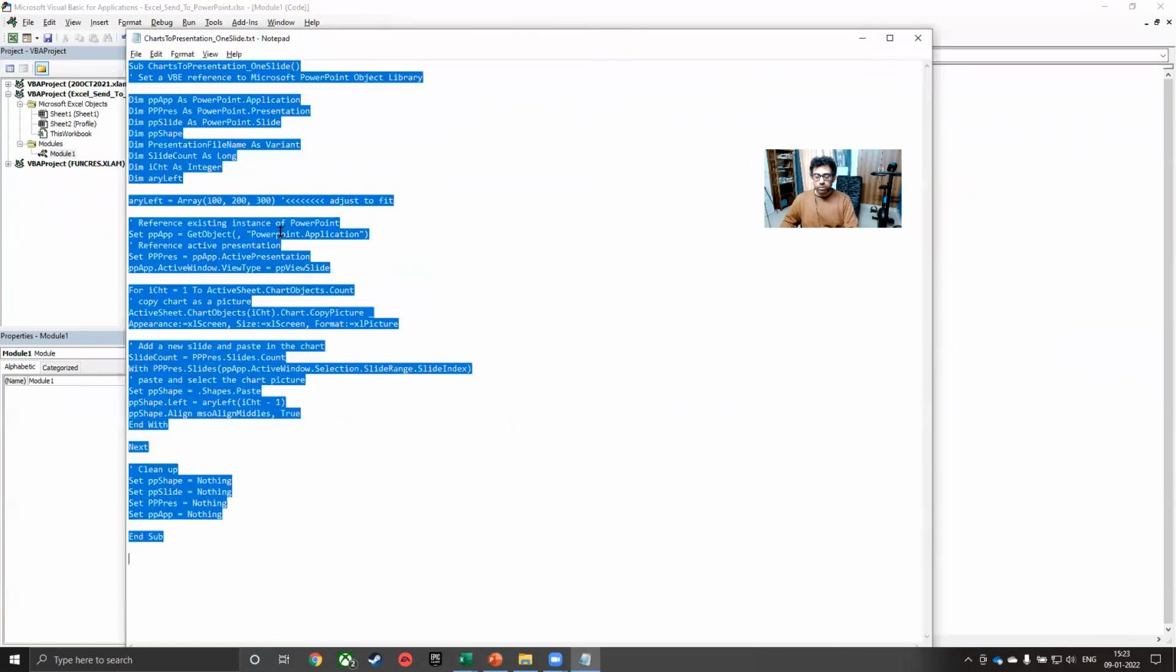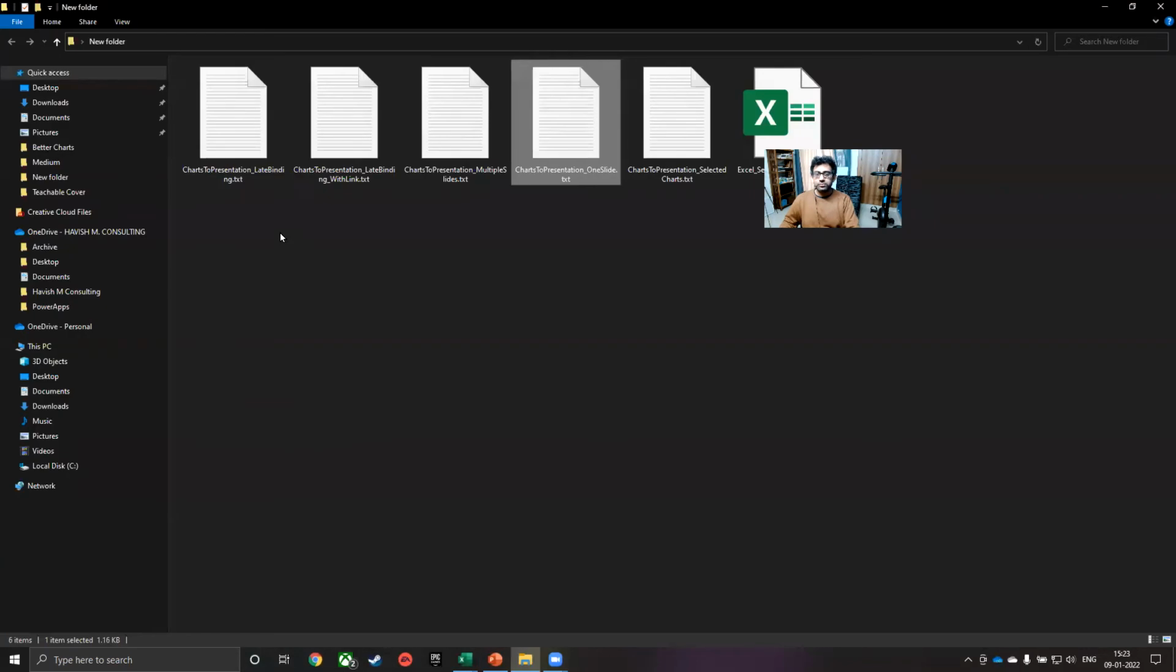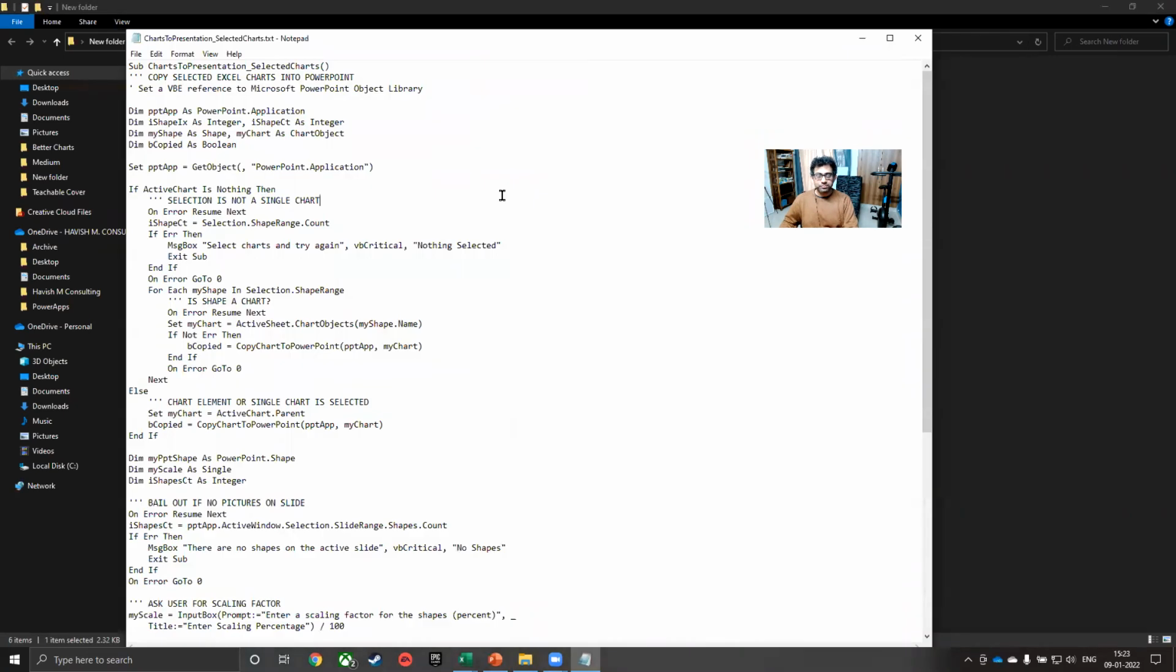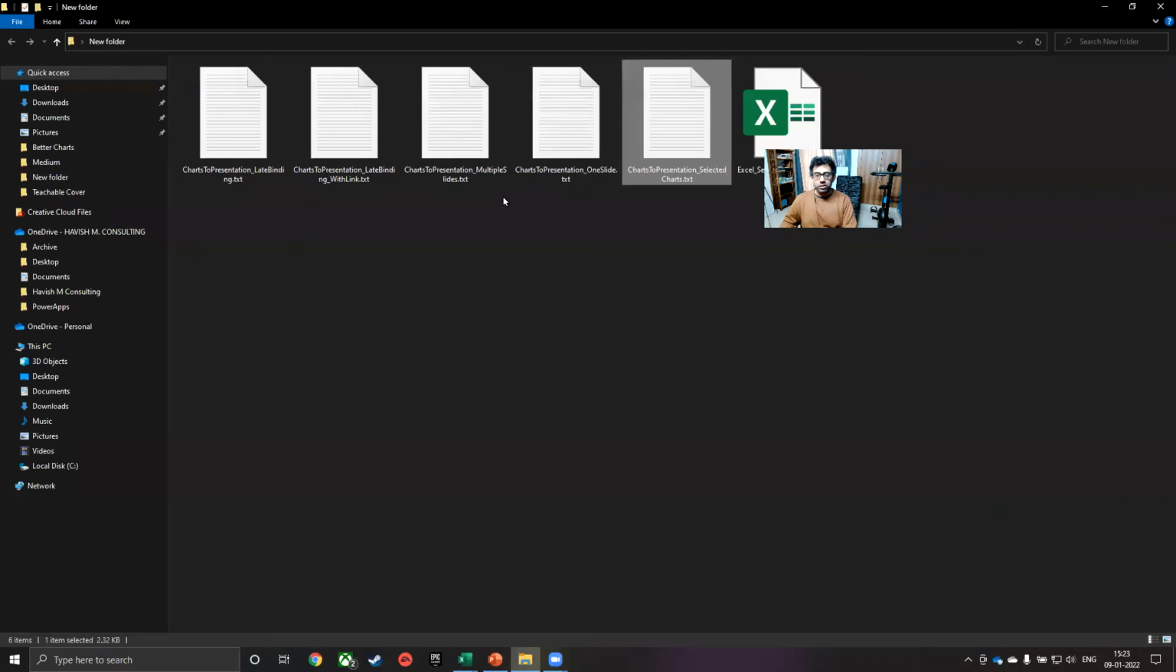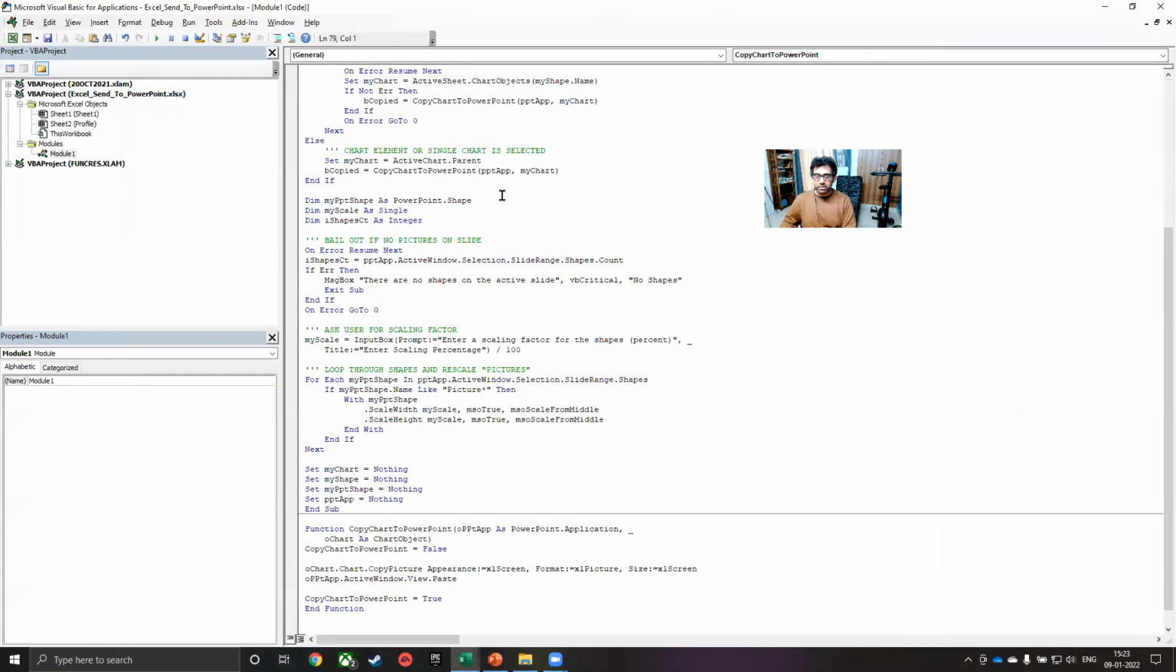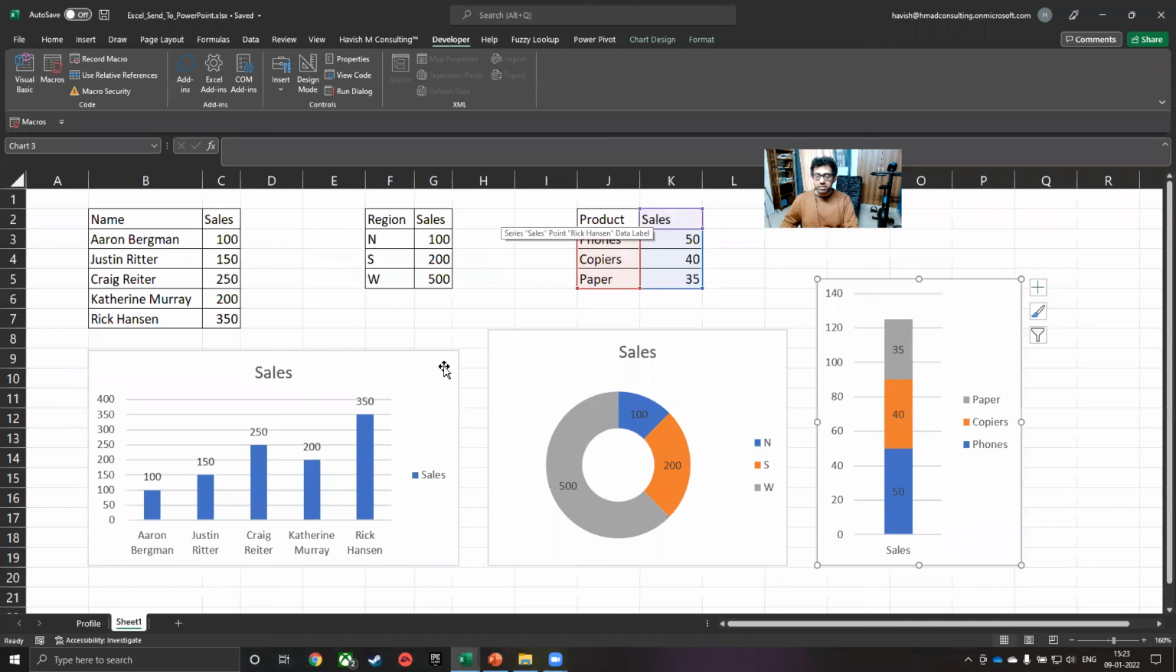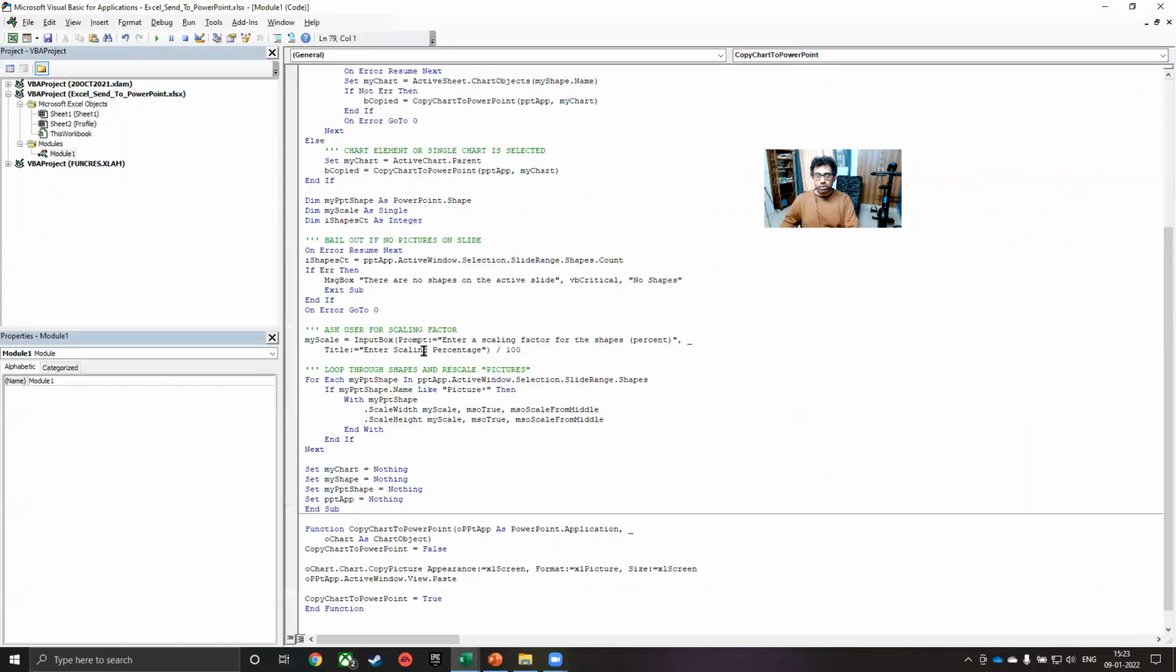Let us now go to one more code. So here we have only the selected charts. Copy the code. Let's paste it and run it. Now this time you notice that I'm only selecting the pie chart and the clustered column. And when we run the code,